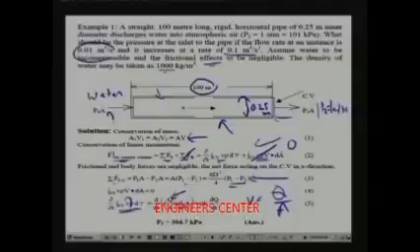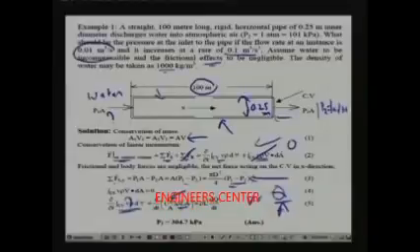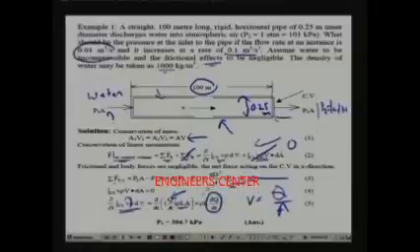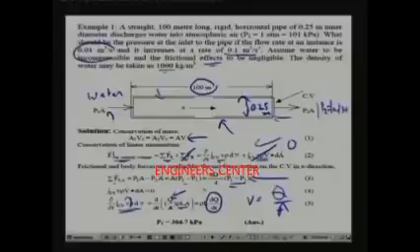So if you substitute Q by A for v, you get this equation, and if you integrate it over the entire volume, this dV is the differential volume, and the total volume of the pipe is equal to L into A. So this equation becomes d by dt of Q by A into rho L A, and A gets cancelled. So ultimately you have rho L dQ by dt, and in the problem it is given that dQ by dt is 0.1 meter cube per second, and rho is given as 100 kg per meter cube, and length is 1 meter. So if you substitute